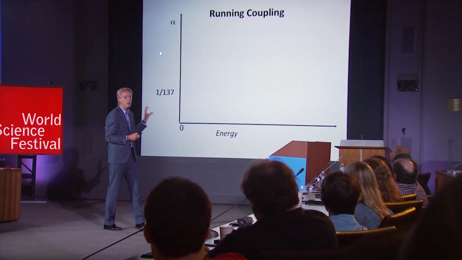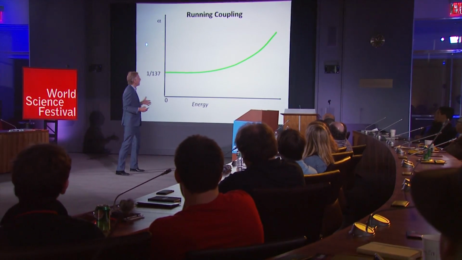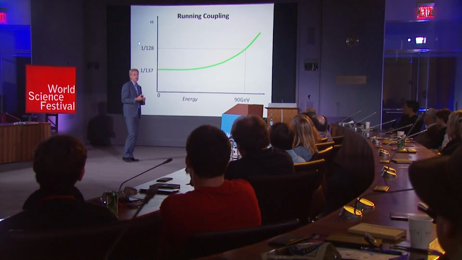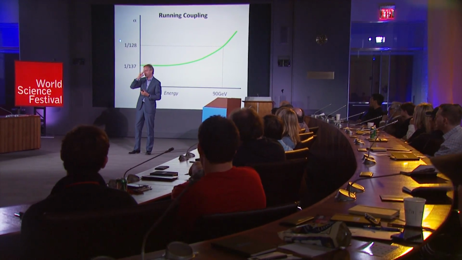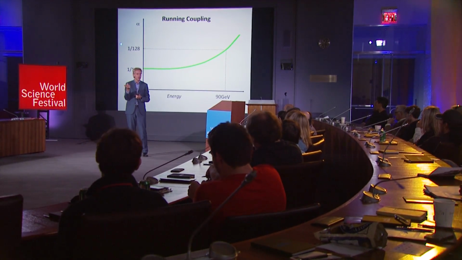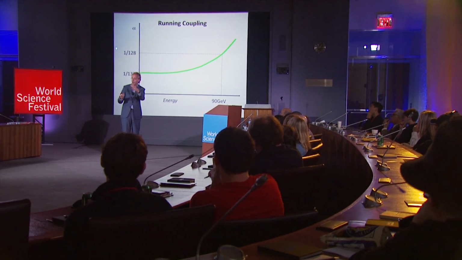But what's the modern point of view? The modern point of view is an amazing thing. The strength of the electric force is a function of the energy at which you measure it. Take particles and give them a certain speed, for instance an electron circulating in an accelerator, as in the old lab experiments. It has a larger charge squared than the electron at room temperature. So, a crazy thing: the properties of matter change depending on which energy they have.